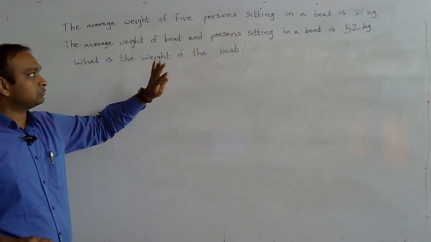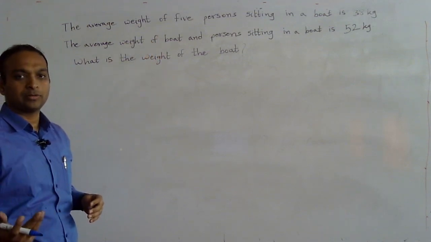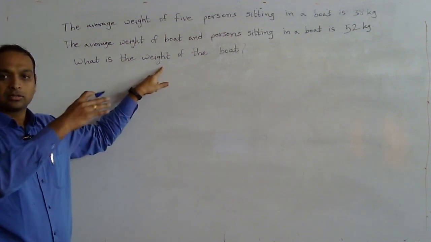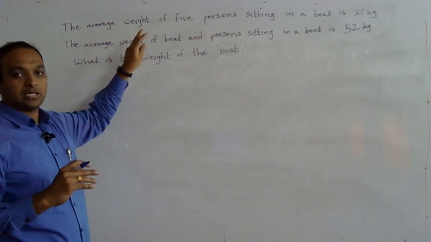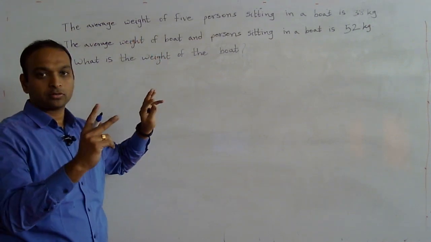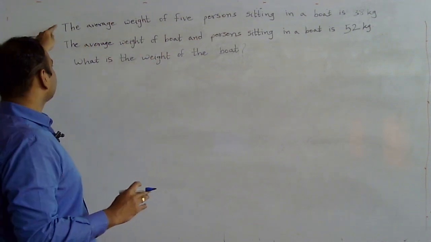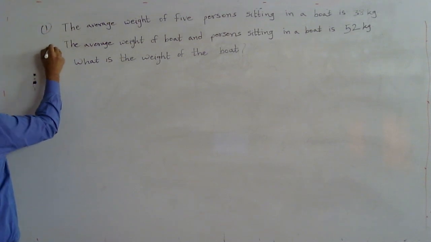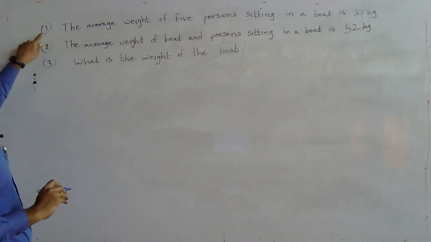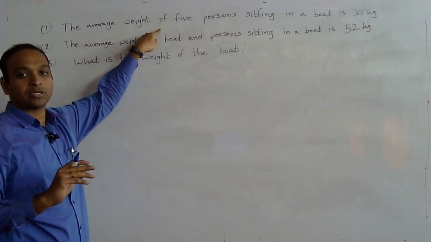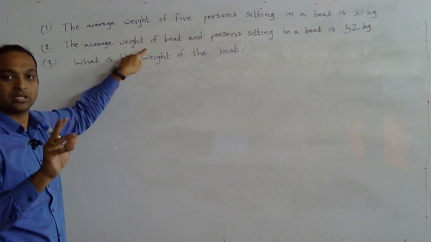Okay. Now you can again pause the video, try on yourself, and if you are not able to find the answer, go through this solution. As in the previous problem, where we had two different groups, here also we have two different groups. If you read the problem again, this is the first statement and this is the second statement, and the third statement has the question. In the first statement, we are given information about the first group. In the second statement, we are given information about the second group.